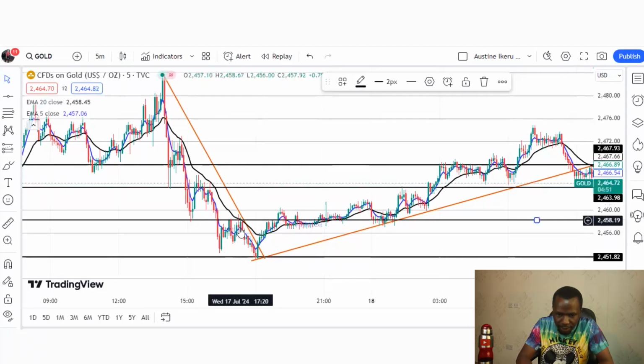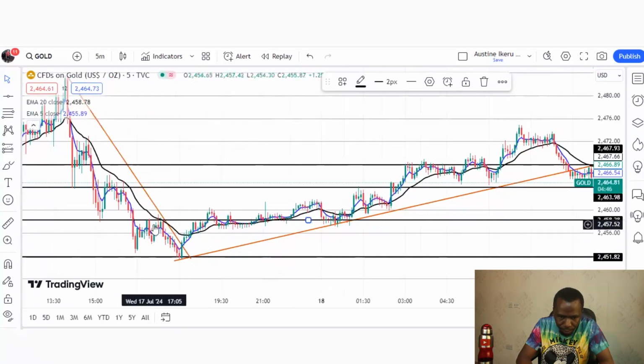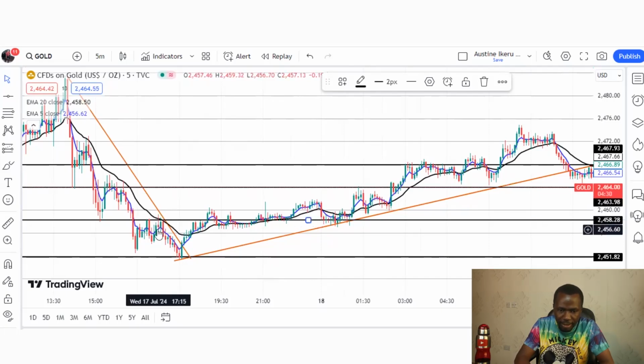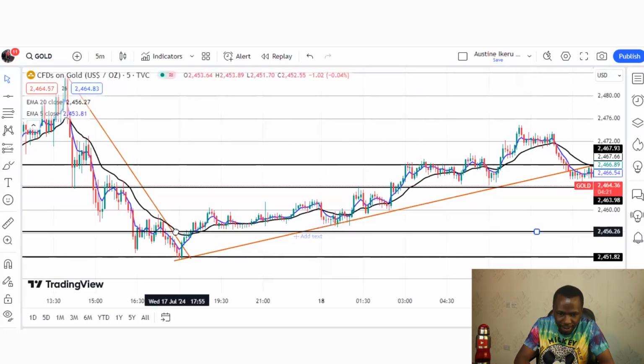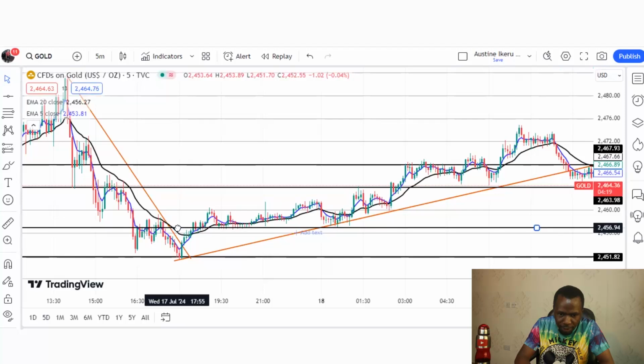So this is what we call the shooting star. Let me zoom the chart. So this is what we call the bearish shooting star. It's a bearish reversal pattern. So as the price went up and crossed above the 20 EMA, the price got rejected, right, and formed this shooting star. So this is another perfect opportunity for us to place a sell trade, right? So we simply place a sell trade at the close of that shooting star.